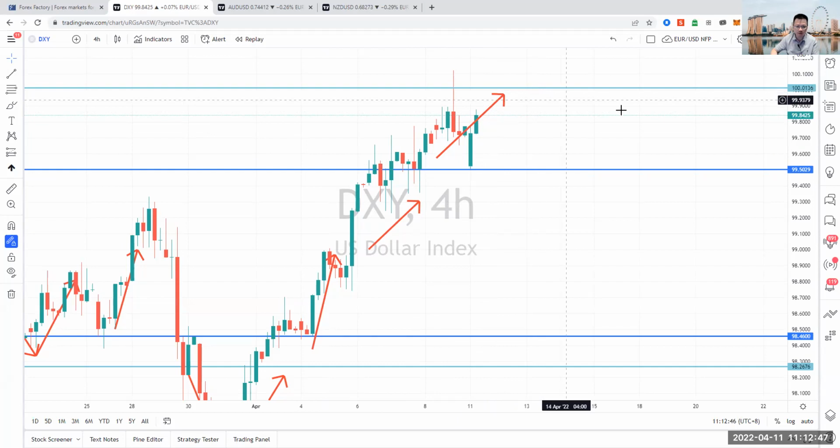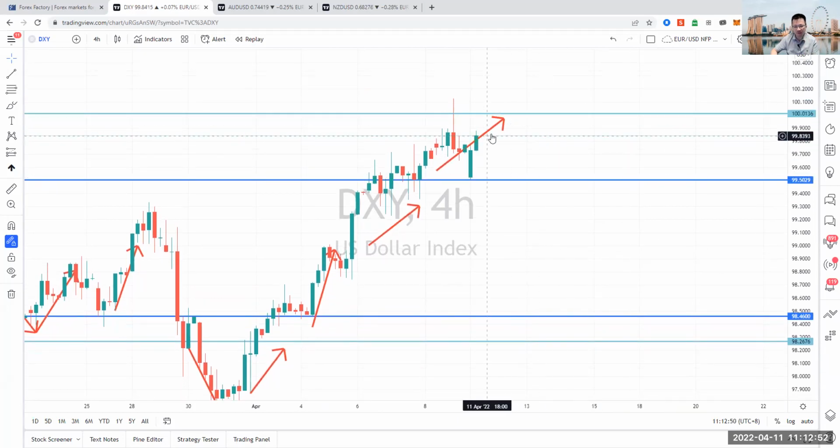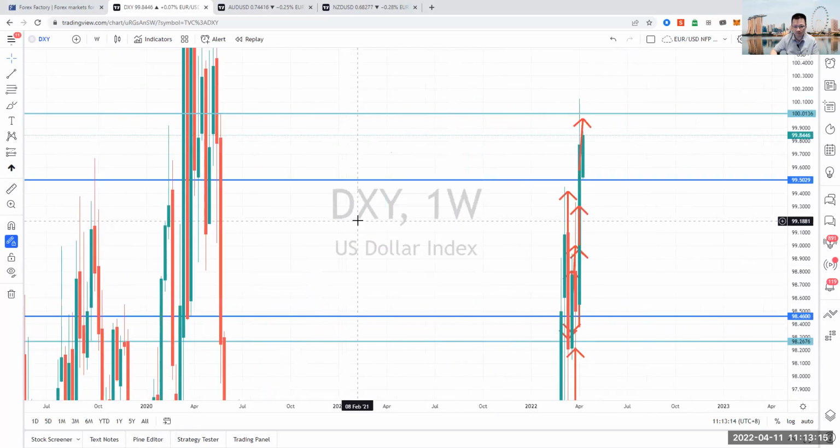I think that what we're likely to see here for the dollar index is that we're going to see it climb from today and tomorrow towards that 100 level, but sit there. I don't think it's going to break above 100 or significantly above 100. I think it will sit across at this 100 level, consolidate at this point, because it is a very high level right now. If I go into the weekly time frame, just to show you,